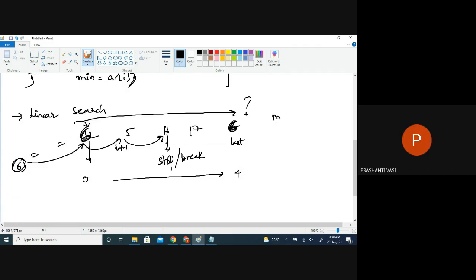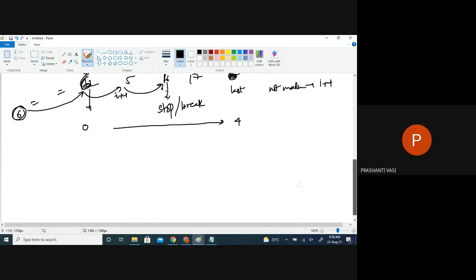Yes. So we are only doing one thing. If it's matched, we'll break. If it's not matched, what should we do? Keep going on, I plus plus. Go to the next one. So I have to repeat this process from which index to which index? I is equal to 0 till I less than size of 5 and I plus plus.